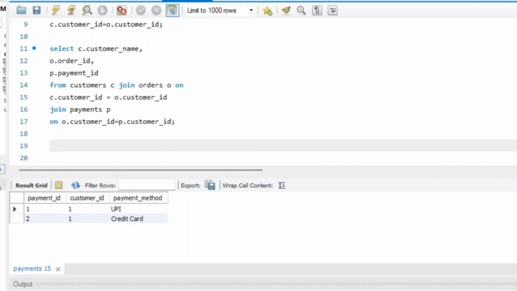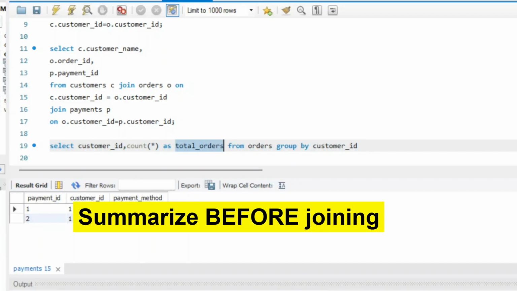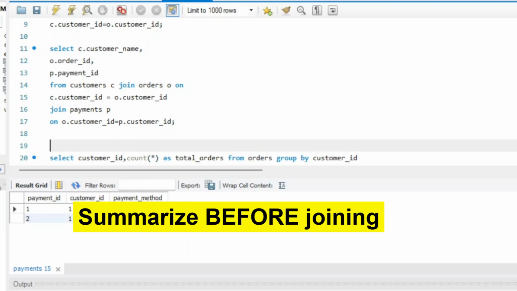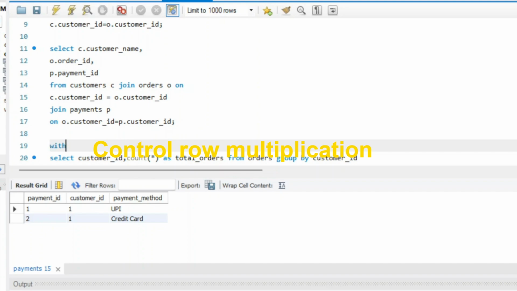How will we handle this issue? Real data engineers usually control the duplication before joining the tables. So instead of joining the detailed rows directly, we first summarize the data. Let's quickly type the query and then we will try to understand the architecture. Here we are using the GROUP BY clause to group the table on the basis of customer ID. So we are using the simple GROUP BY clause to group the customers with their total orders. We can wrap this SQL query inside a common table expression and then use it to fetch the records. It will be a very convenient way.